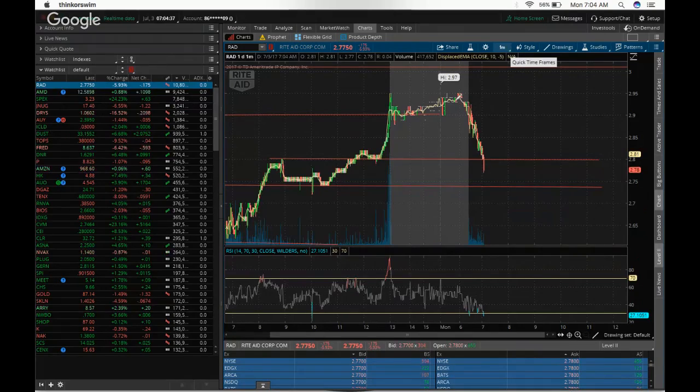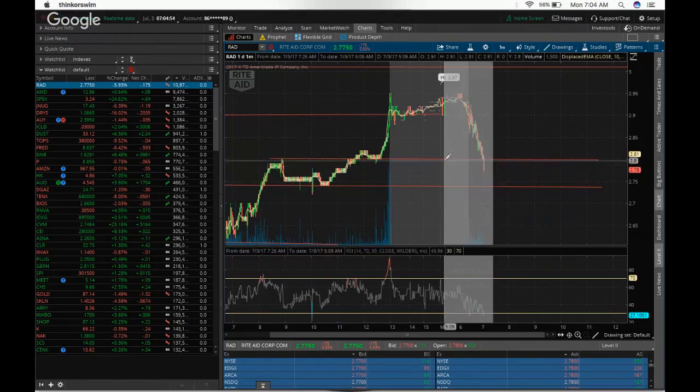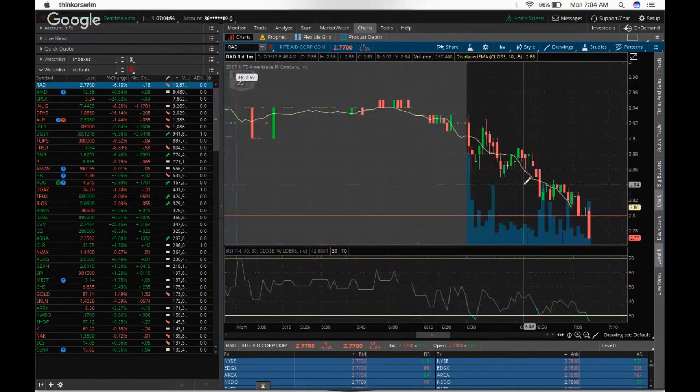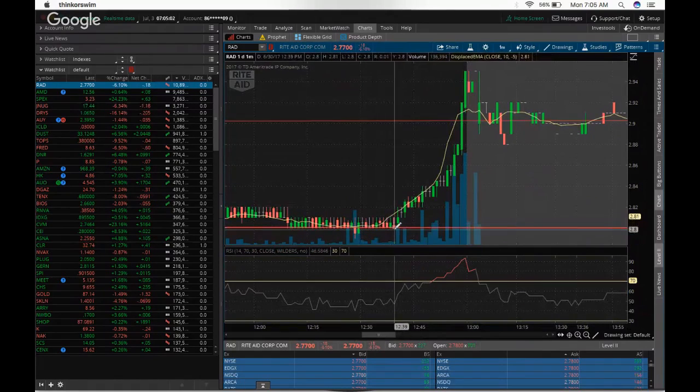But you don't want to invest in something that's showing signs of downward momentum. I think it's safer, at least in my experience. I want to see if this makes sense to you guys, but I'd much rather wait for it to plateau and then start trending back up. So when you're investing, instead of investing in something that's showing a downward trend, invest in something that's actually trending up. You might have to wait, and you're not going to get the lowest point, but